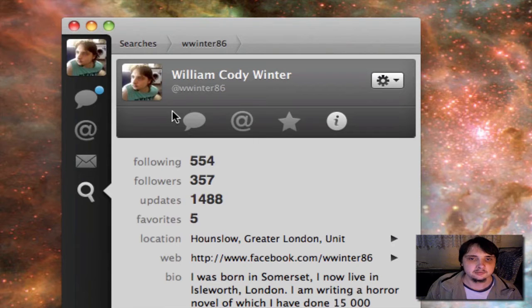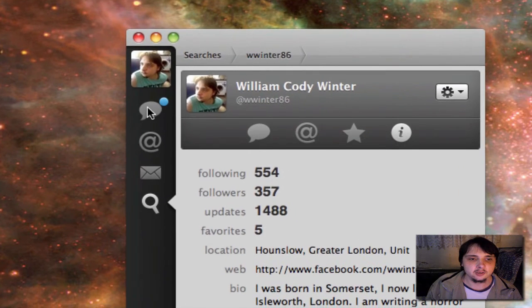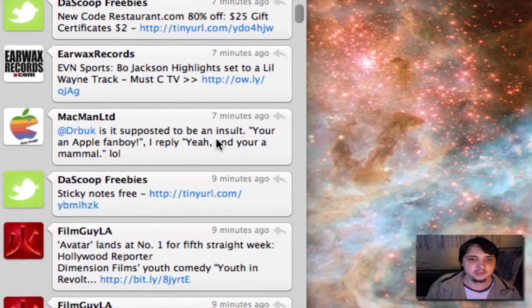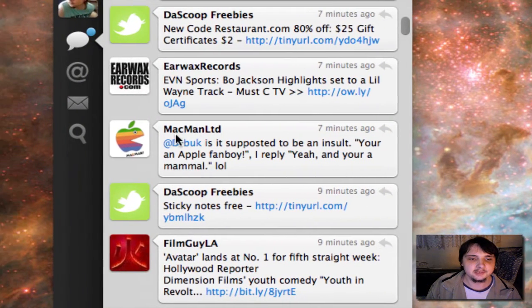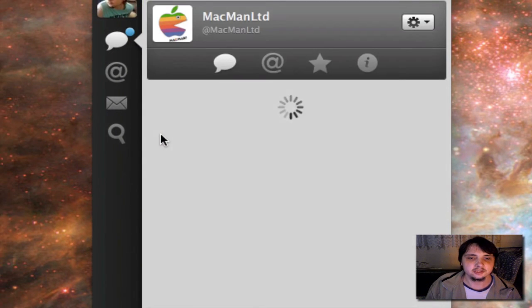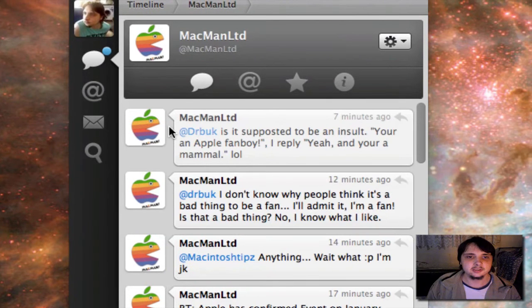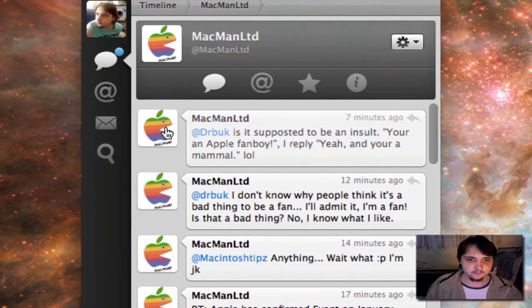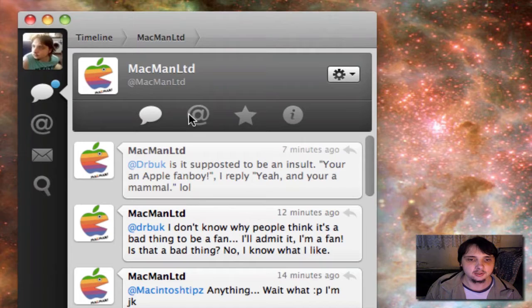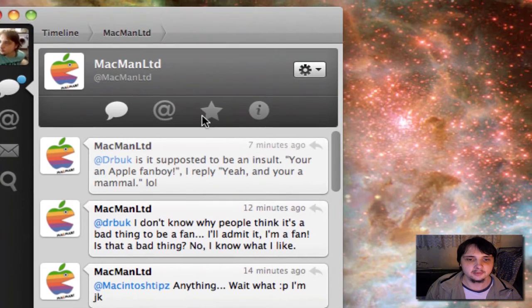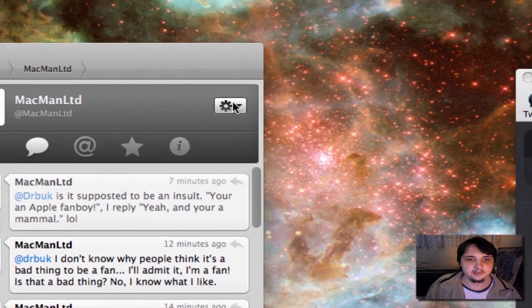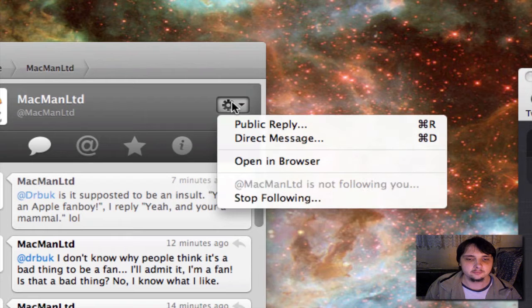This screen's pretty much the same as you get for a user. So if I go back to tweets, here, how about MacMan Limited? Actually you can single click, here's a user's icon. You get their list of tweets, @ or mentions, favourites and information. Then if you pull down the drop down menu this time,